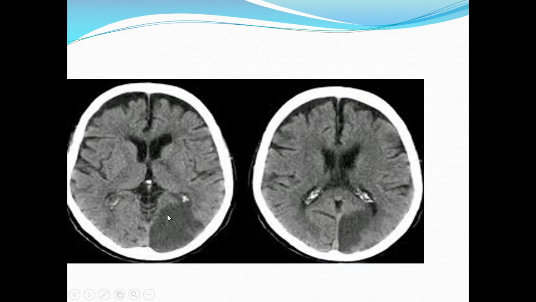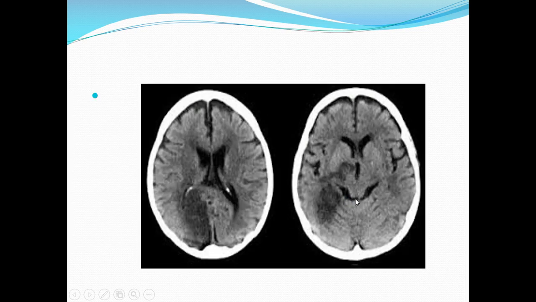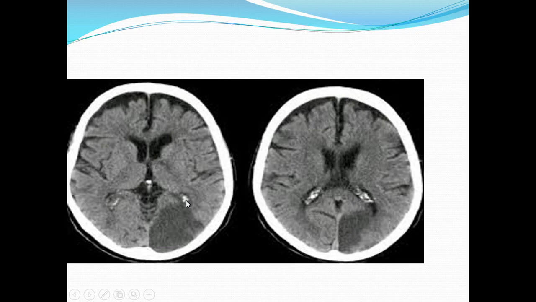Then it can be along the back of the brain, like in the occipital region, occipital lobes. These are the frontal horns of the lateral ventricle. This is the third ventricle, and these are the occipital horns of the lateral ventricle. In the occipital horns, we see the choroid plexus calcification normally. You can see this normal calcification of choroid plexus, and you can see the normal calcification of the pineal gland here in the midline in third ventricle. This is the third ventricle.